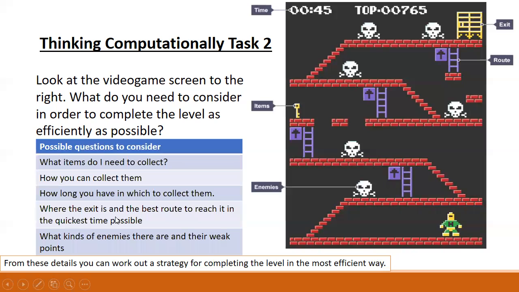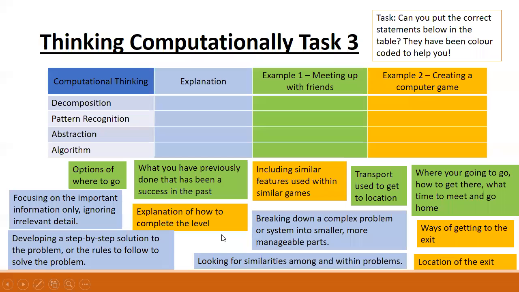So what are the questions they'd ask? What items do I have to collect? How do I collect them? How do you get that key into your hand? How long do I have? You can see at the top there it says something about 70 seconds. And where's the exit? How do we get there? Get the idea? And I think the death heads must be the enemy, so that enemy would probably be fighting back.